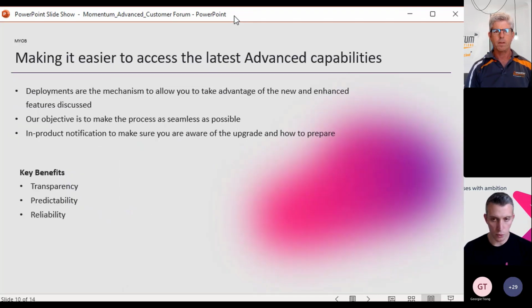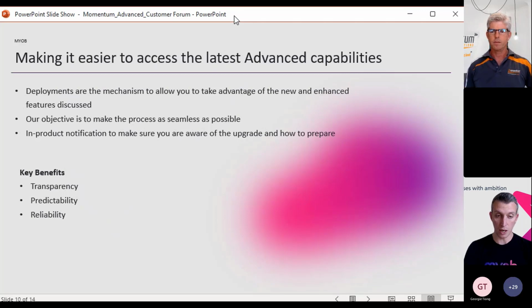One of the other areas that I do want to touch on is how do you get access to these capabilities? So deployments and updates are something that we have definitely front of mind, because that is the way that we get the solutions into your hands as fast and as pain-free as possible. And our objective is to continue to make that process easier and easier every time. So we won't say that we have it perfect today, but each time I can confidently say that we're getting better and better and making it more seamless.